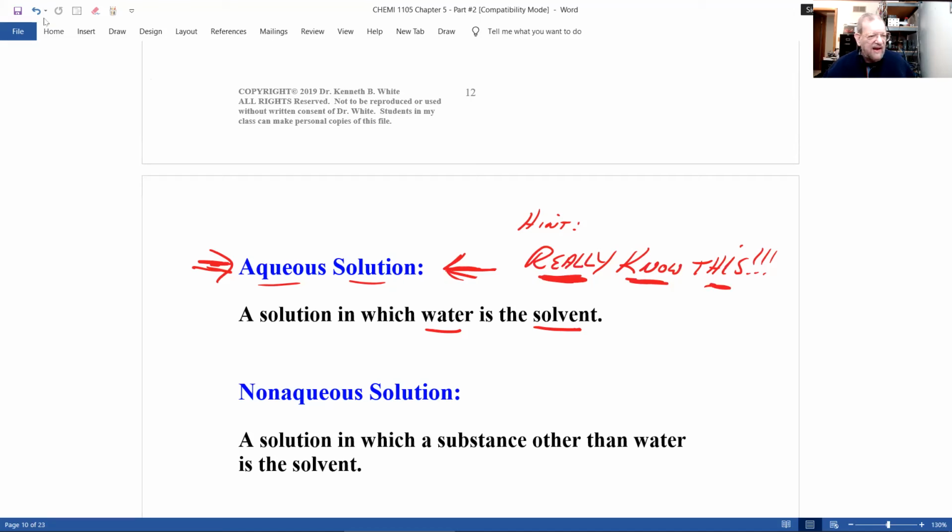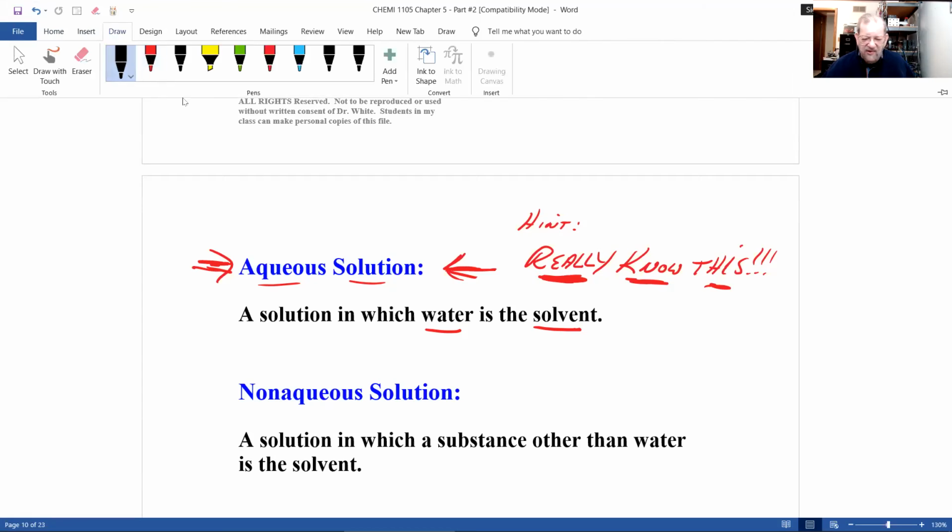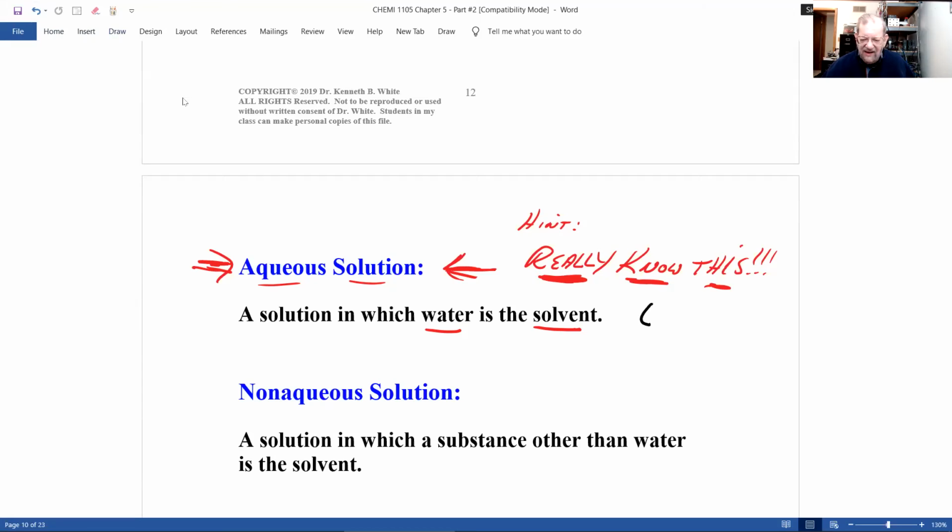And it's indicated by something I'll teach you later on: bracket, AQ, close bracket. Oops, I forgot, you people don't know cursive. Lowercase, bracket, A, then a Q, then close bracket. That stands for aqueous, which means aqueous solution, and that tells you water